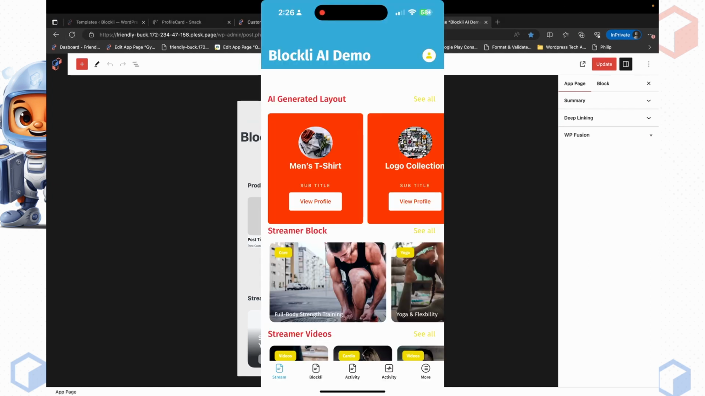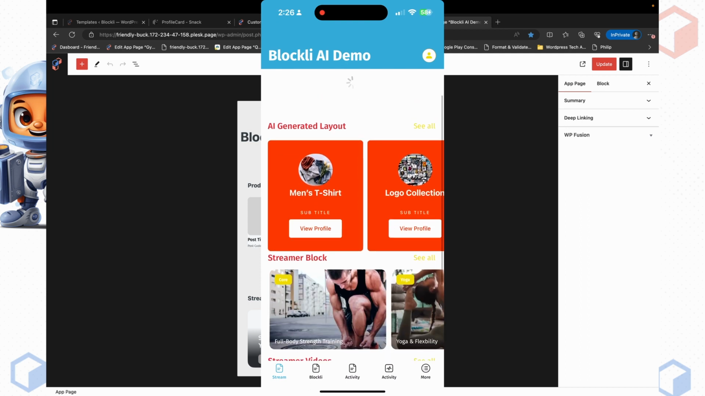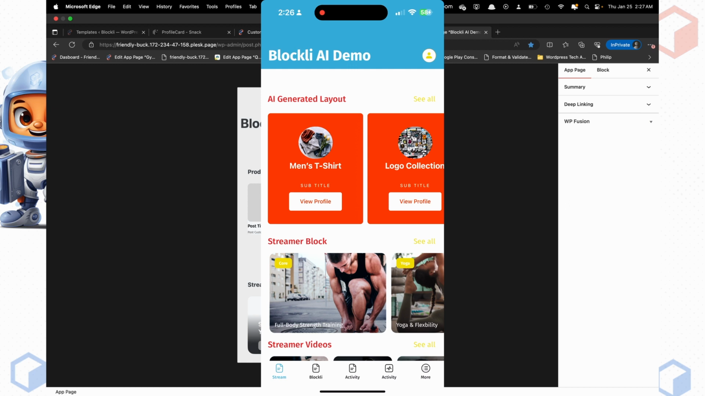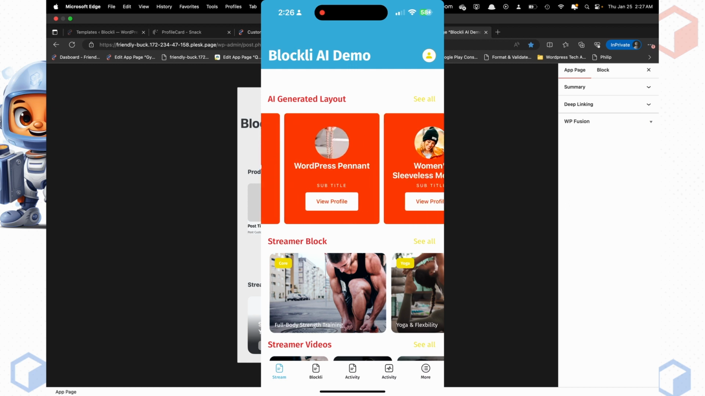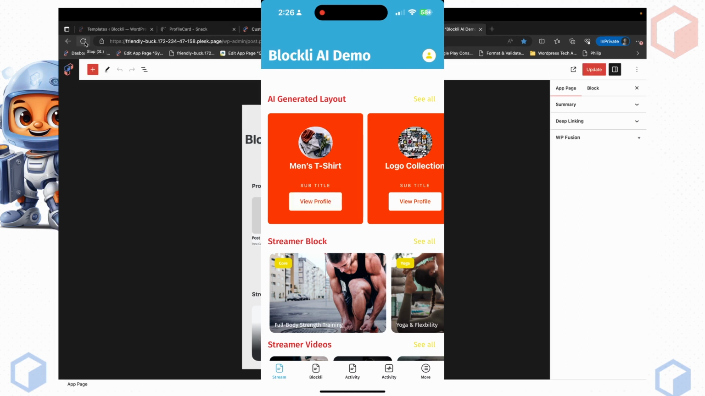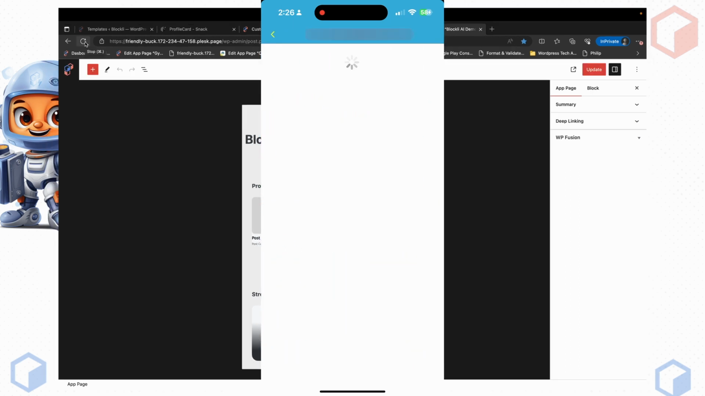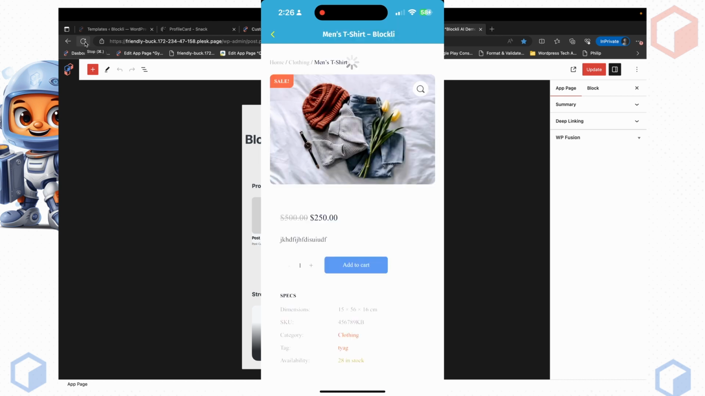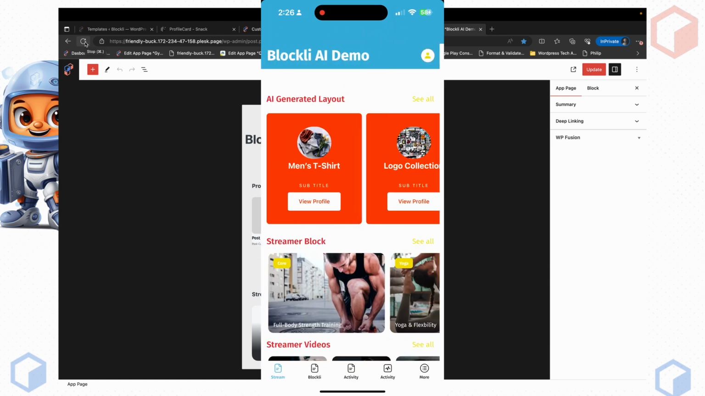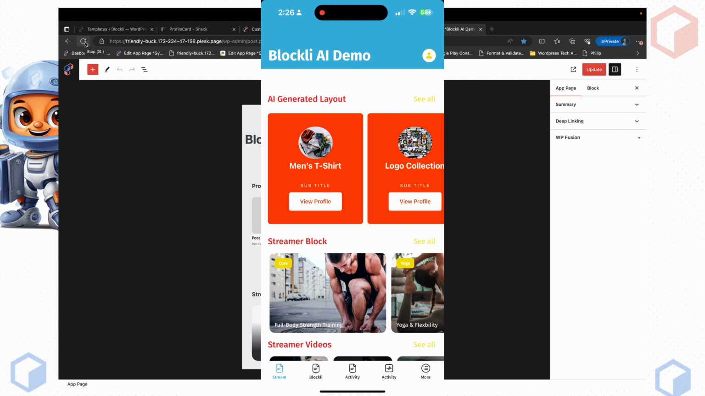You can see here in my app now, I've got this. Once I refresh this, you can see that the design that we just made is right here in my app. And once I click view profile, of course, it's just gonna open that for me, and so you can see the WooCommerce product. So yeah, this is what Blockli AI looks like, and I'm going to do a more detailed tutorial on how to actually set things up and get this going for your